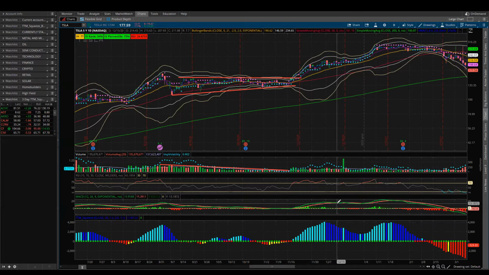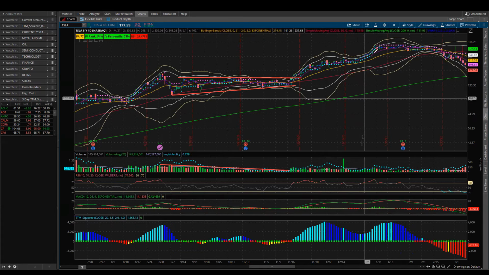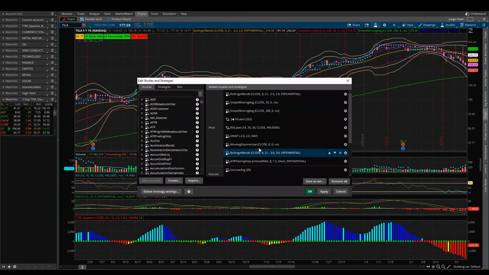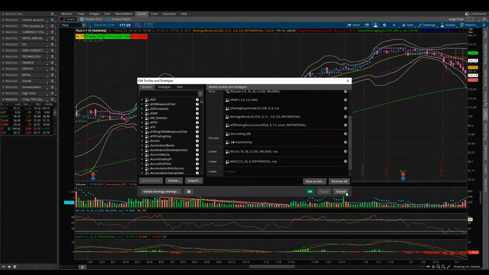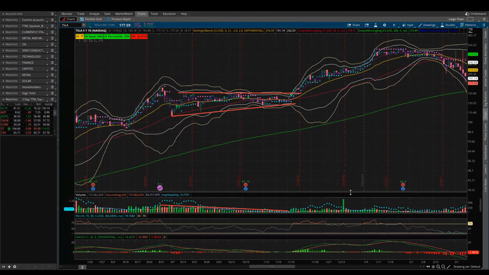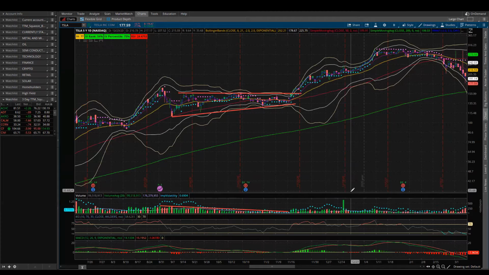Now that being said, I typically don't keep this indicator on my screen. Mainly just because it's one more indicator to watch, and it just kind of clutters up my screen. So what I do instead, well, here, let me just get rid of it here. There we go. So instead of putting it on my screen,